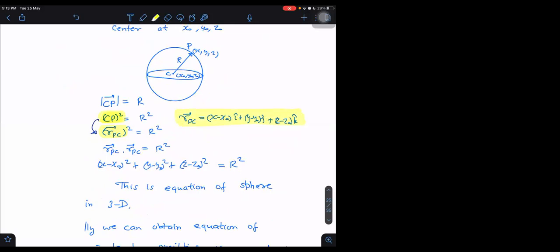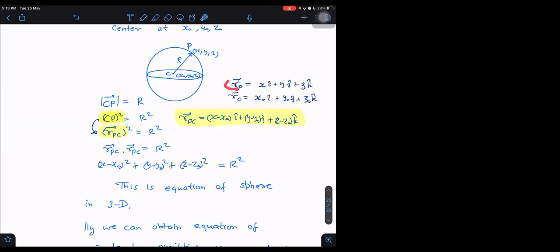If you don't understand this, then first understand what is RP. RP is nothing but x i cap plus y j cap plus z k cap. And what is RC? The position vector of the center is x0 i cap plus y0 j cap plus z0 k cap. How do I know these position vectors? These are given. It is a general vector x, y, z. When we write the subscript zero, then it is referring to a specified point. But x, y, z could be any point on this, the same way as we do for the y equals mx plus c equation, where x could be any point and y could be representing any point. Same way here also.